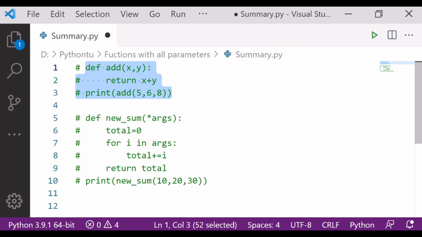We already saw in the output there was an error because of the positional argument. When a function is called, values for positional arguments must be given, otherwise we will get an error. If we do not specify the value for a keyword argument, it takes the default value. We already saw that in the previous example.